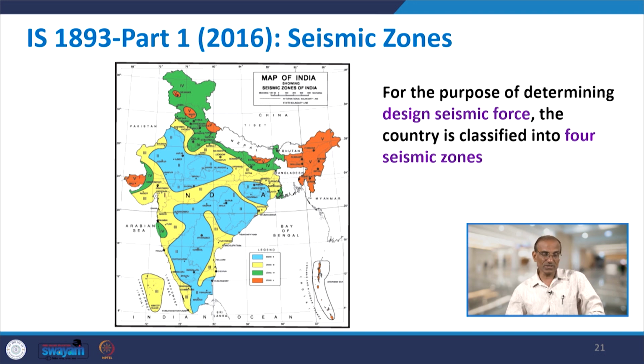In general, the Himalayan belt is in seismic zones 4 and 5, but if you go to peninsular India, the southern part of the country, you find mostly zones 2 and 3 only. Only small pockets, for example near Goa or in Gujarat, are zone 4. Otherwise, all of the country's southern parts are in either zone 2 or 3.